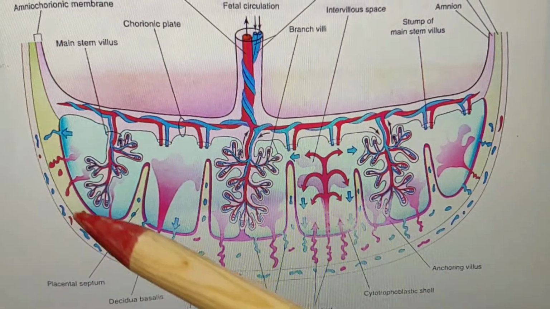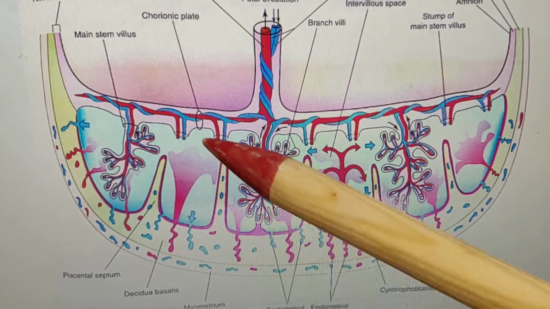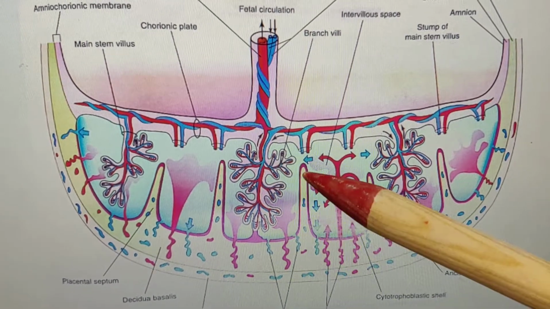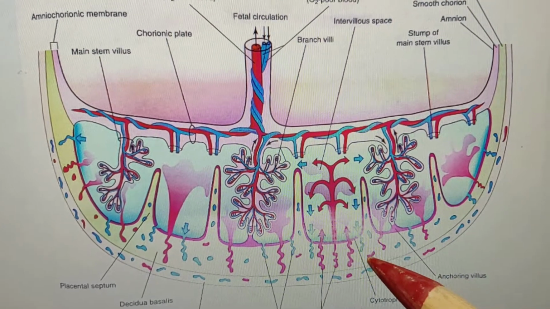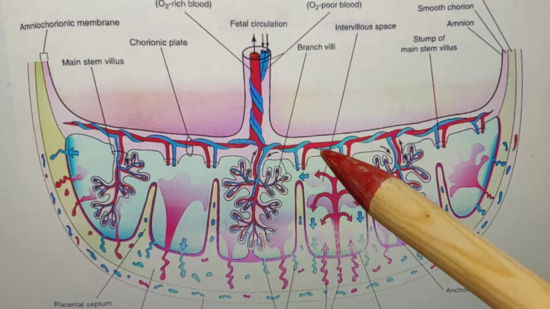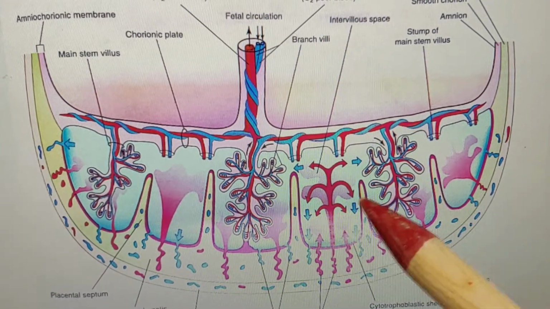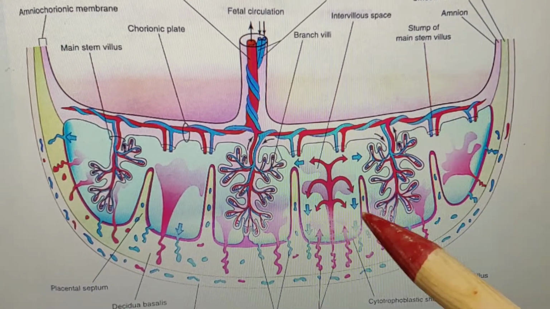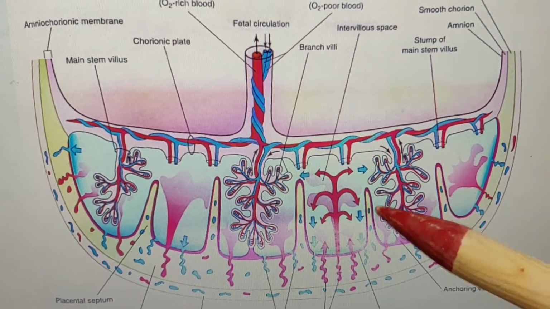Now see from the mother side this projection. We have discussed earlier, the fissure is occupied by the septa. This is the placental septa, these green like structures. Now you see this septa radiates from the basal plate but does not reach the chorionic plate. Means these intervillous spaces communicate with each other through the gap between the lower free margin of the septa and the chorionic plate.